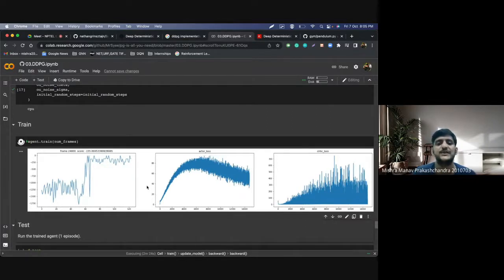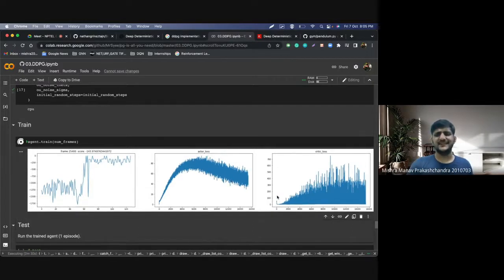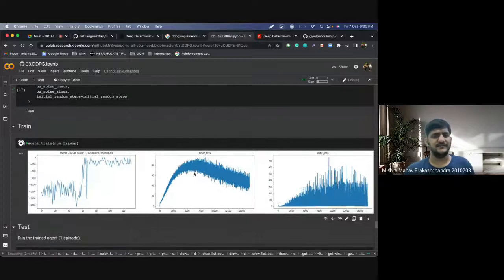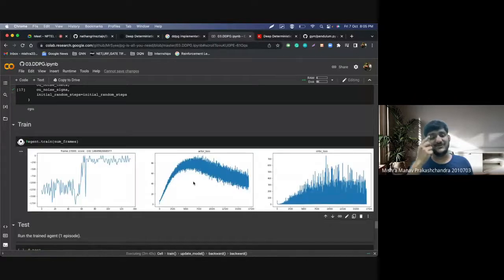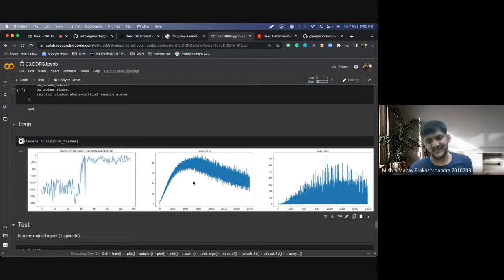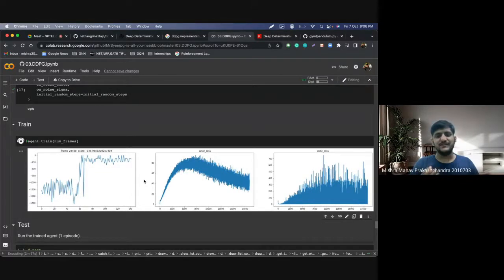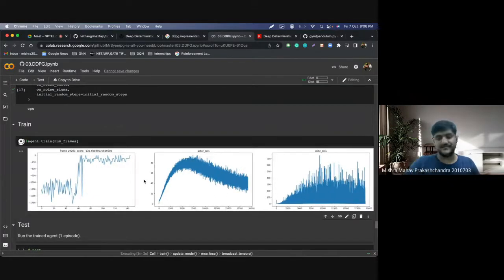So you see, beyond a certain point, the actor loss starts decreasing. And then the critic loss, which was relatively stabler in the beginning, starts accumulating a lot of variance. Maybe because here there is no cooldown of the epsilon, which happens when we're doing the epsilon greedy thing. The epsilon is a constant and this is happening. So this can also be a problem. So DDPG need not necessarily work well for all different kinds of problems, but for some problem statements, it does give good results in comparison, right?